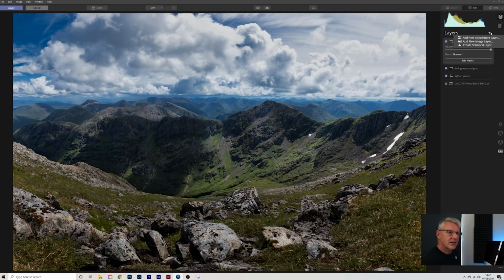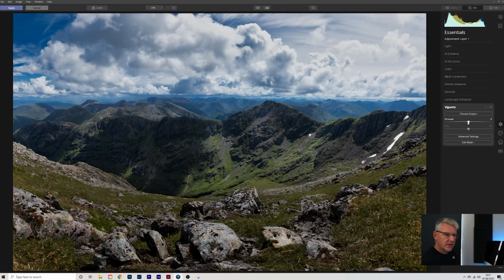Next thing, add new layer. This time I'm going to darken some of the foreground, but just slightly with this. So what I'm going to do is go in here and get into the vignette. I'm going to pull back the vignette, not too much. I'll flick that on and off just to see. Yep, subtle enough